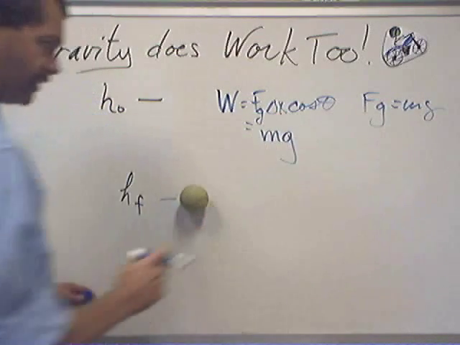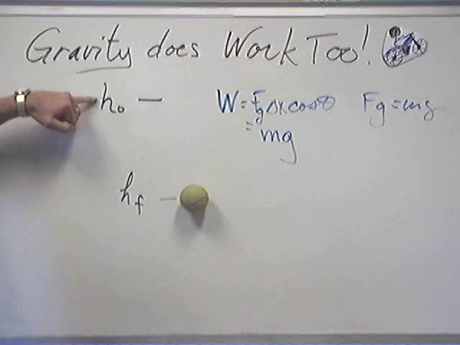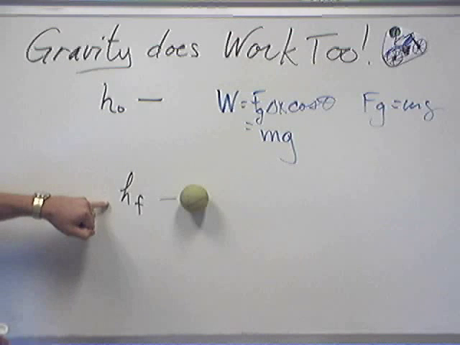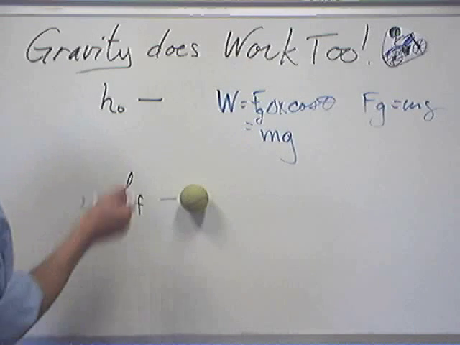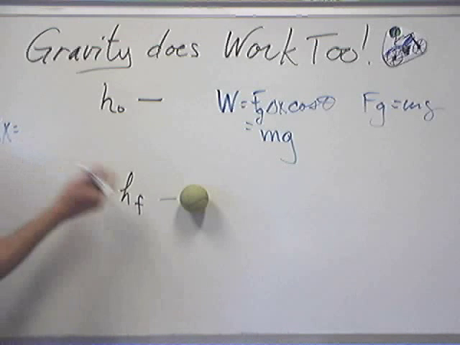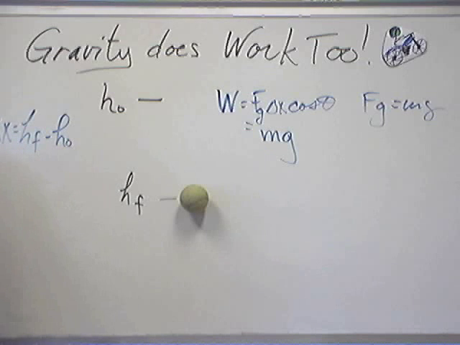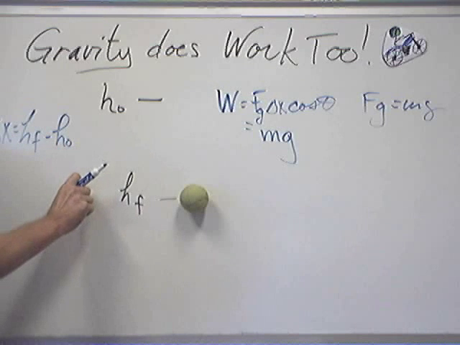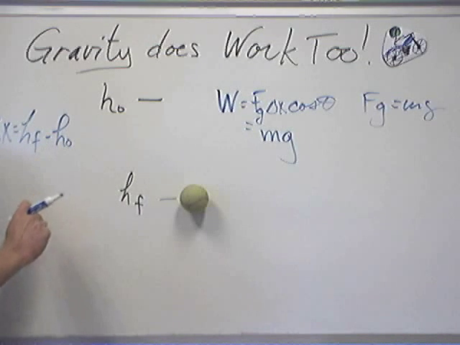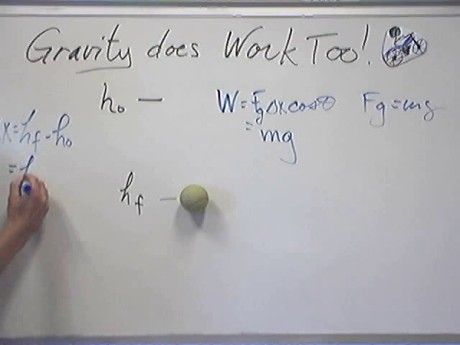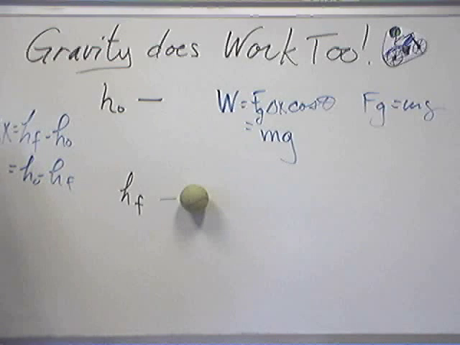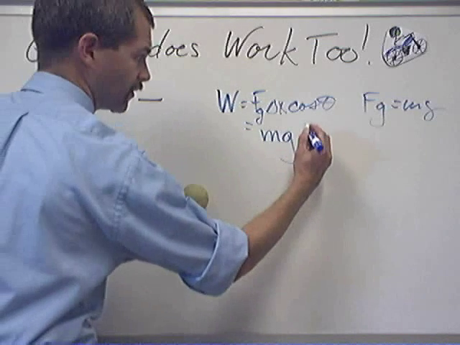Now what's my change in position? I started here at h naught, and then I ended up down here at hf. So traditionally, my delta x is going to be my final minus my initial. That's going to give me a negative number. I'm not excited about that. And for reasons we'll talk about in class, I'm going to switch these around. Let's plug this in over here. So I'm going to have